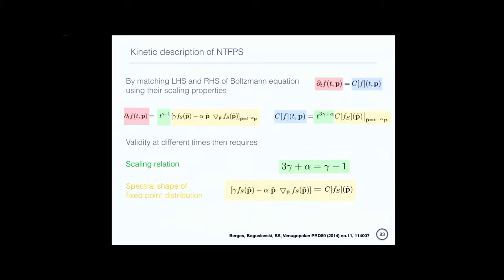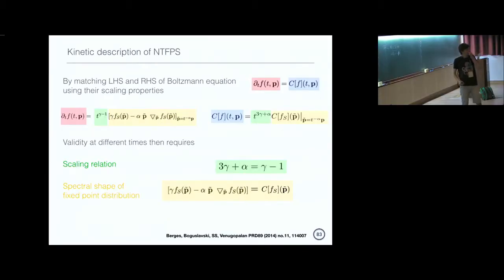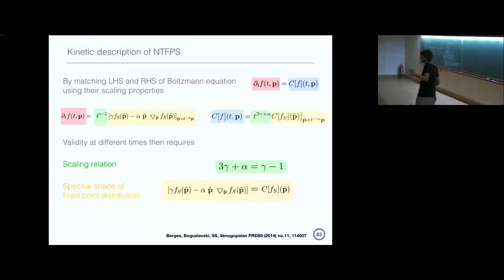Now, this is already very nice, because this seems to give us a constraint on the allowed values of the scaling exponents. And if you remember, the scaling exponents are really what determine the dynamics of this cascade. So for instance, the characteristic momentum grows as what? T to the gamma, I think? T to the gamma, right? It grows as a power, t to the gamma. So that's really what's governing the speed of the evolution.